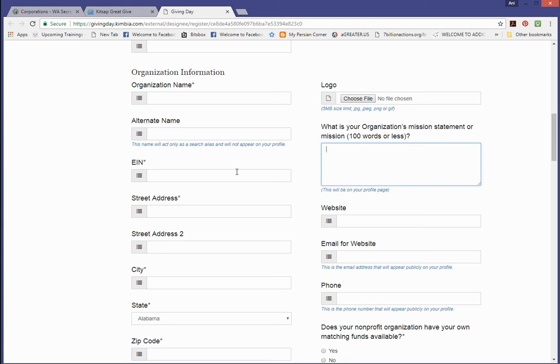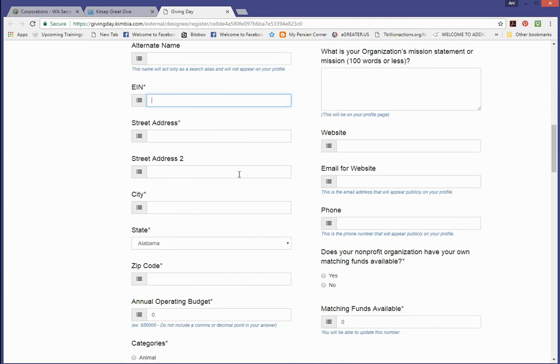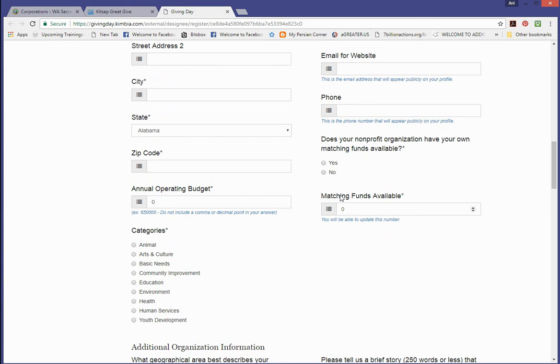Okay. Then your EIN, so that's your tax ID number, website, email, all that stuff. Your annual operating budget. This here is important for prizes. If you have an annual operating budget of below $100,000, then you are qualified as a small nonprofit for prizes. And if your annual operating budget is above $100,000, then you are a large nonprofit. And so as we get closer and you look at all the different prizes that we have on the day of the event, that's what this will